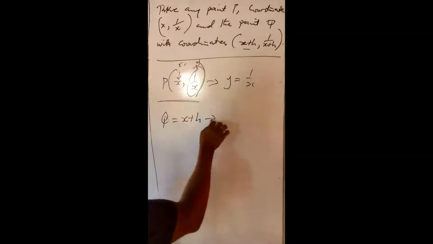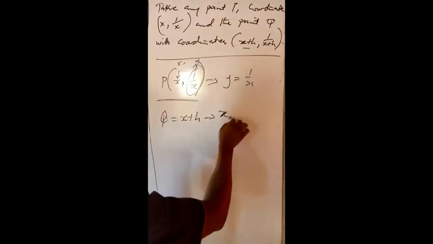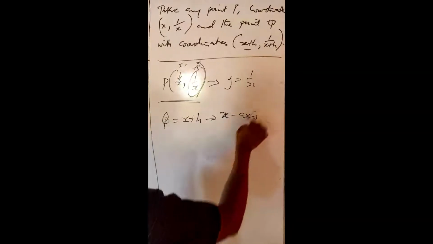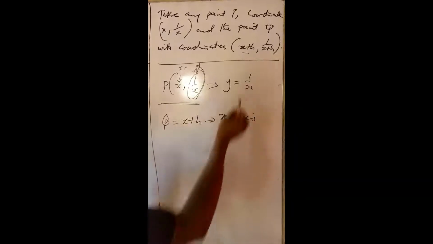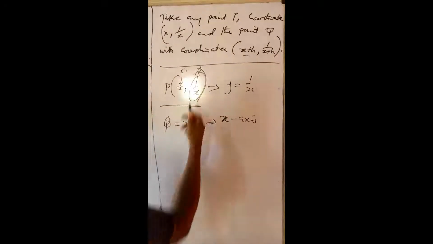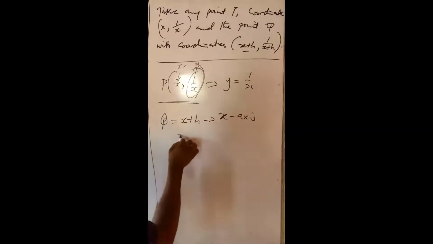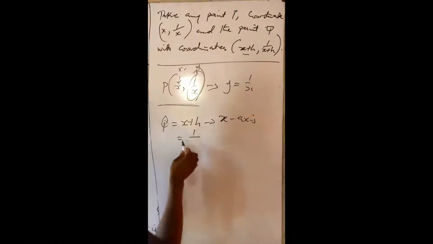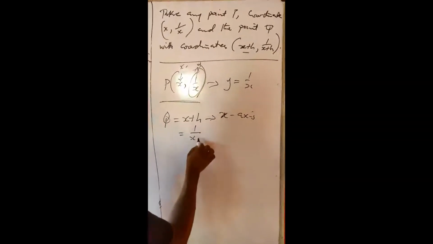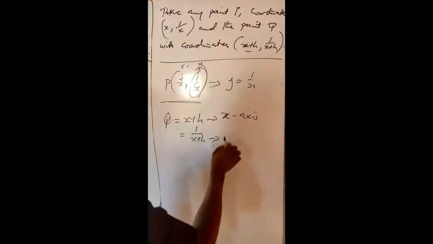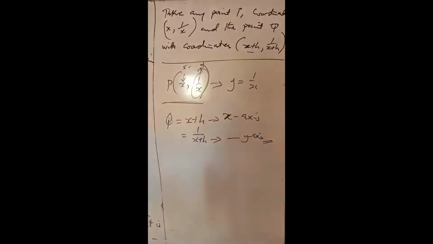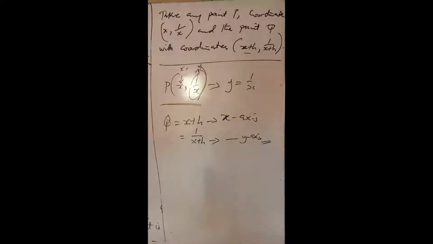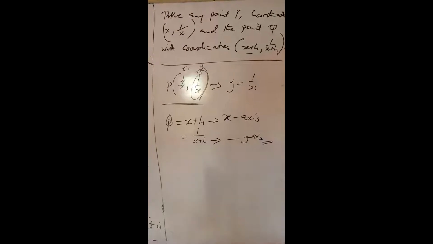So this is the x coordinate of point Q. Then the y coordinate, simply from here, you will also get it, is equal to 1 over x plus h, which is the y coordinate of point Q. So if this is clear to us, it's going to be very easy when you will be doing your own